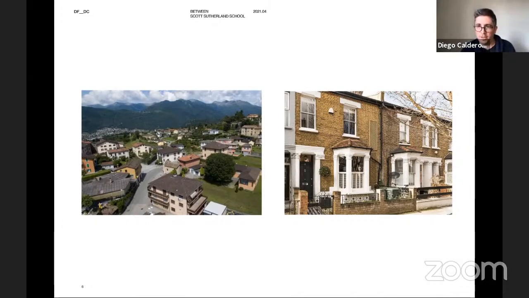Then I won't spend much time talking about the opposite case, which is the UK or London in particular. To put it in simplistic terms, the Victorian context is quite the opposite, no? It's a vision of the city as made up of larger composite elements, in which the unit of the city, which is the house, most of the time is part of a larger structure, which might be the terrace or the crescent, etc.